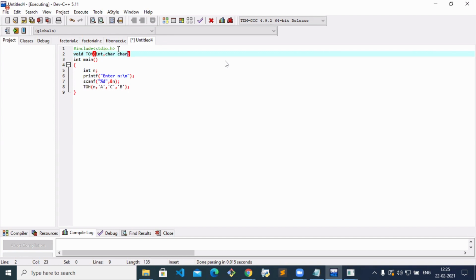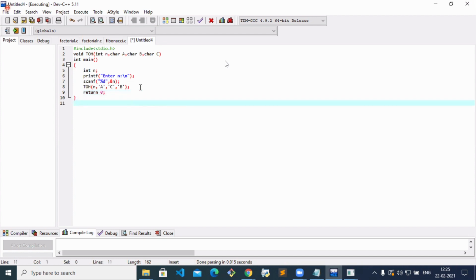So int n, char a, and so on. These are the towers. Is anybody having any doubt up to this point? Because I have given this in main.